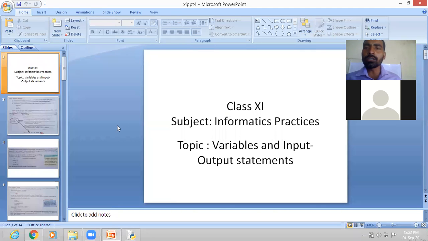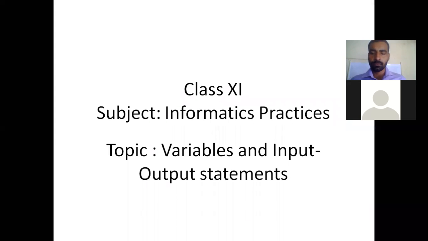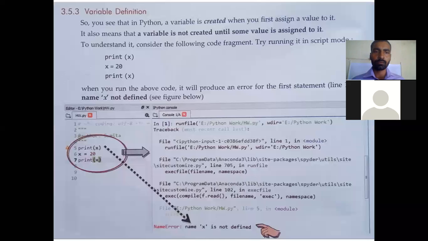Now today we are going to talk about variables and input-output statements. What are variables and how does a variable work in Python? So what is the definition of a variable?